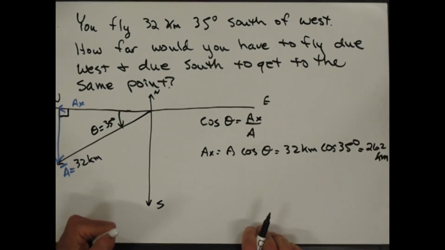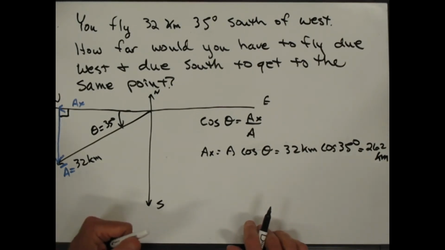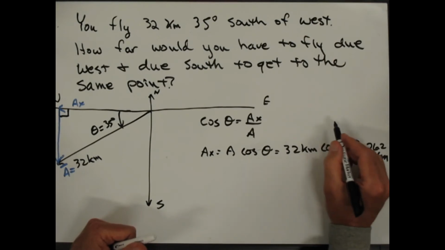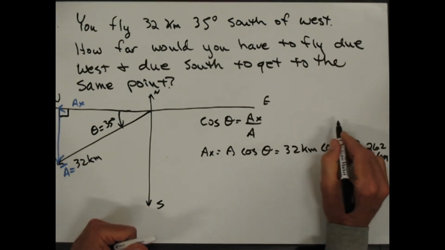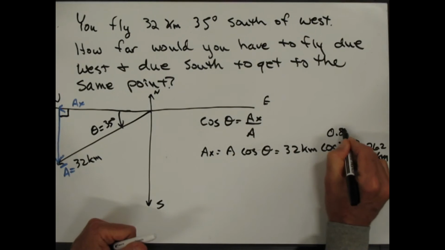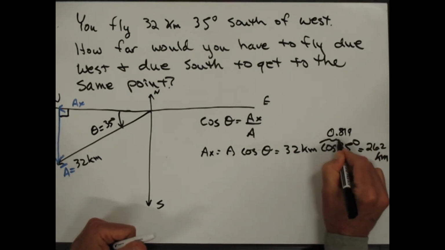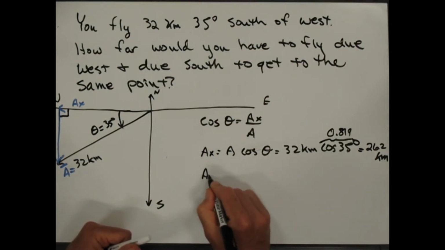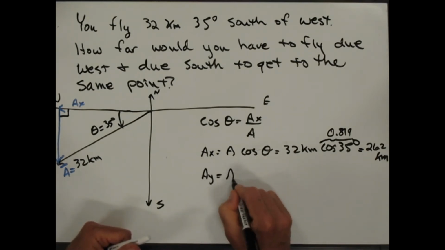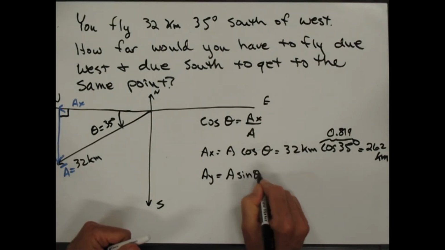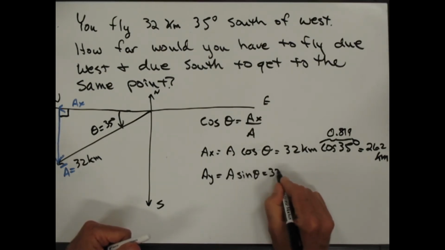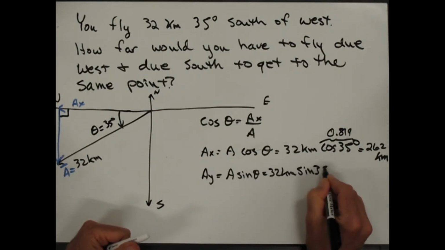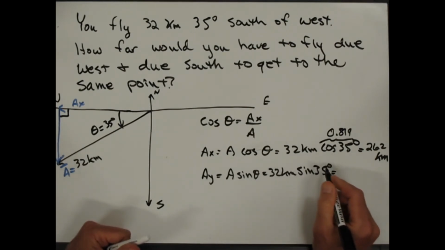I need to move that over a little bit, right? Because cosine of 35 degrees is 0.819. Similarly, I can calculate the Y component, and the Y component is A sine of theta, and that's equal to 32 kilometers times the sine of 35 degrees. And that gives us